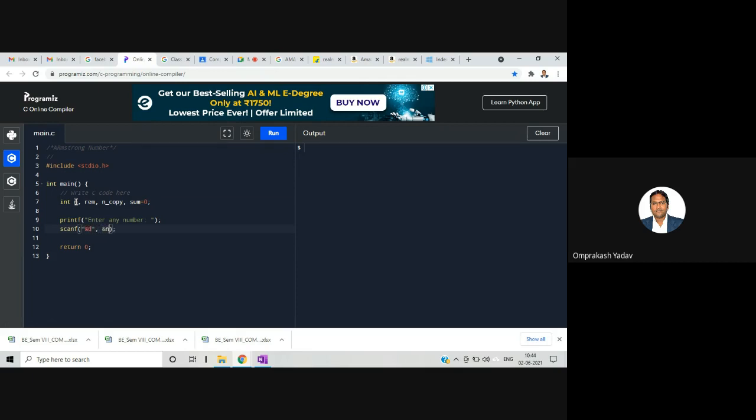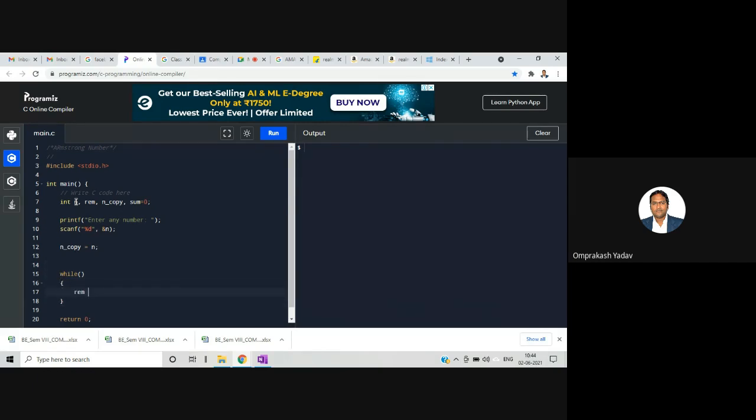So remember this ampersand n. Okay, now I can check it. I told you that before going inside this while loop, we must save our number. So before going inside that, n copy is equal to n. So I have saved my number, right? Now inside this we can manipulate.